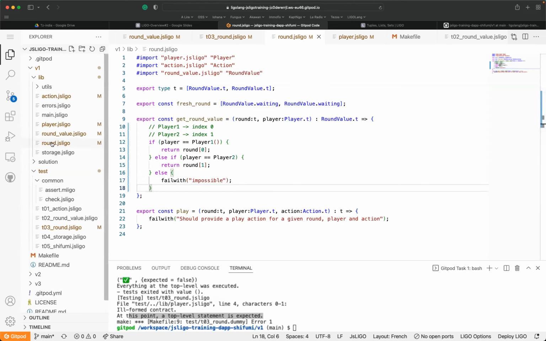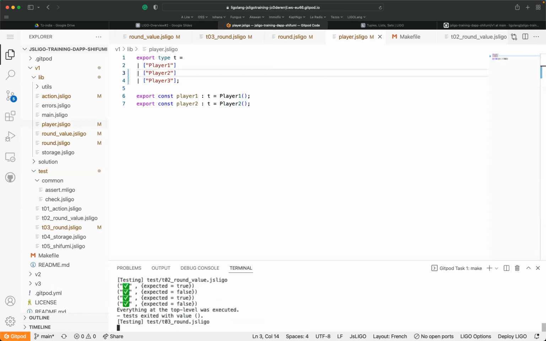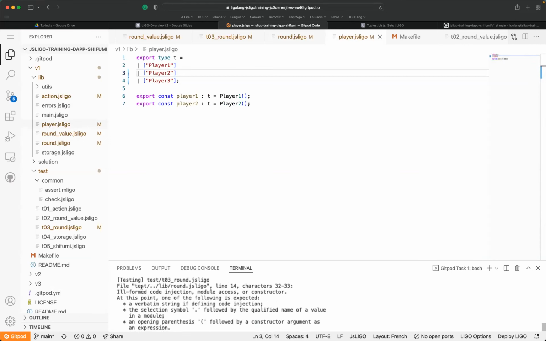Player, sorry, 4, of course. You have to remove this one. I have a syntax error in the round.